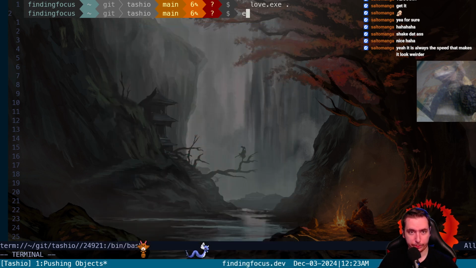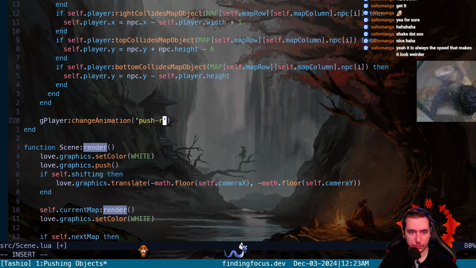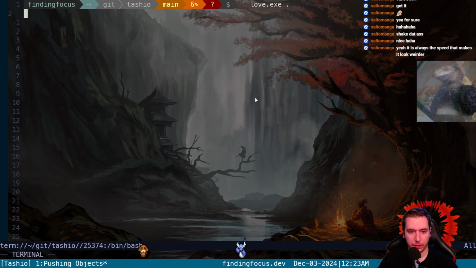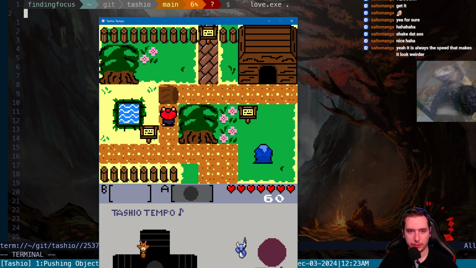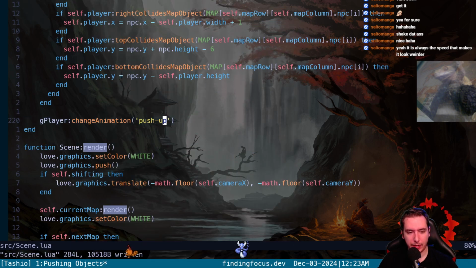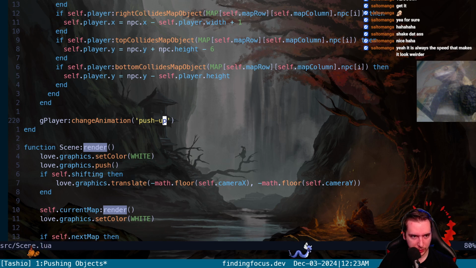Push right looks good. Funny how push up isn't the push up one. Push down is the push up one. But push up, that looks good. Okay, so why is it that there's got to be something in our animation